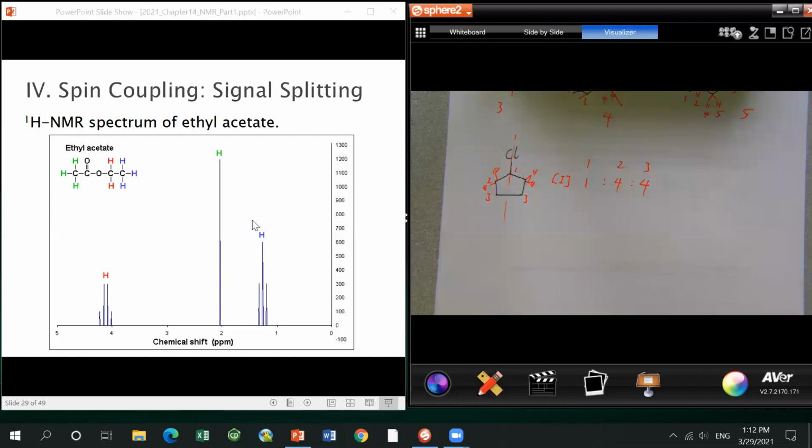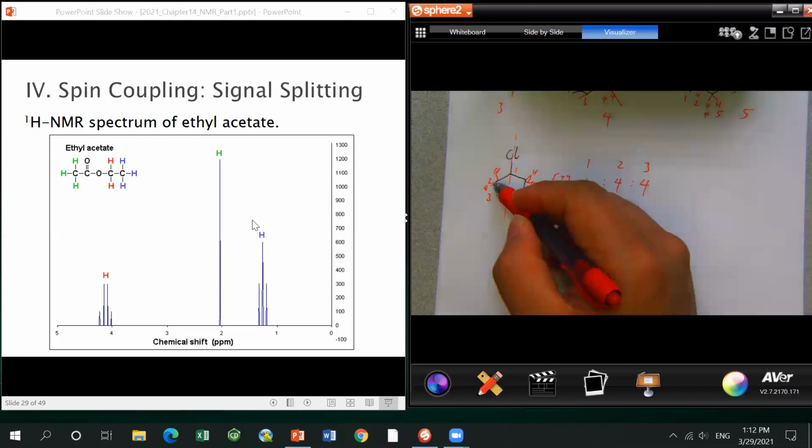All right, okay. So 2 and 3 have different chemical environments. Remember, I said the environment. They are not related by a symmetry plane or a rotating axis. Another way to look at it: